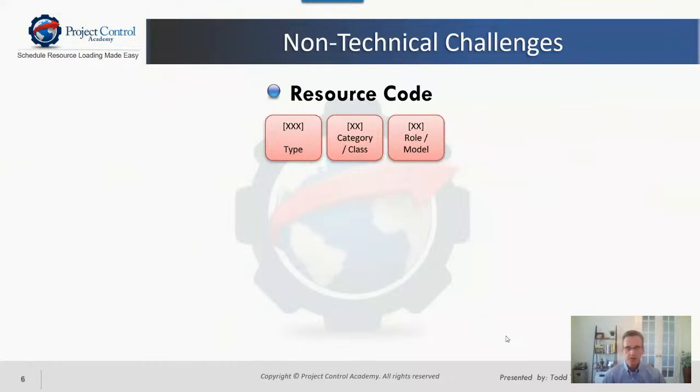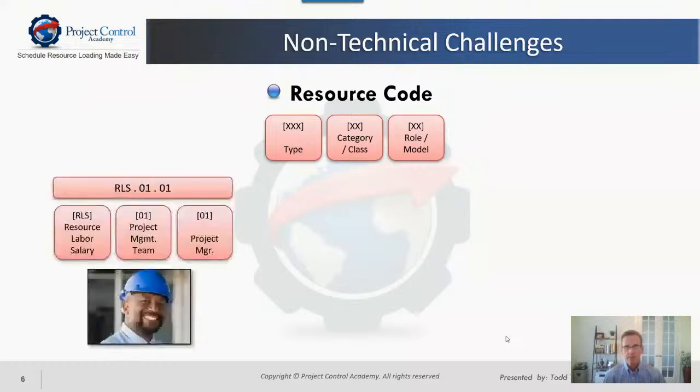So on the resource code side, really it just comes down to making sure that there's a structure in place. It essentially represents a unique code for the resource, but I just want to kind of emphasize standardization, because when I was at my last company, each division had their own estimating department. Each estimating department came up with their own resource structure. And so that was fine on the estimating side.